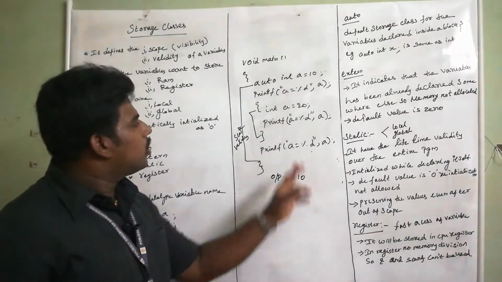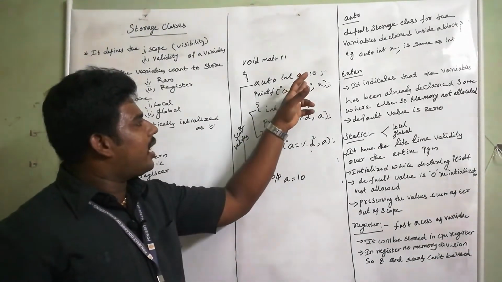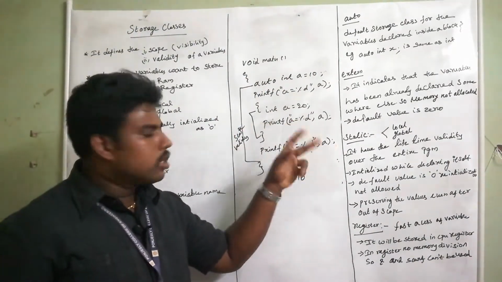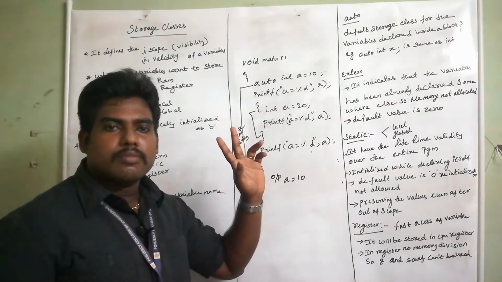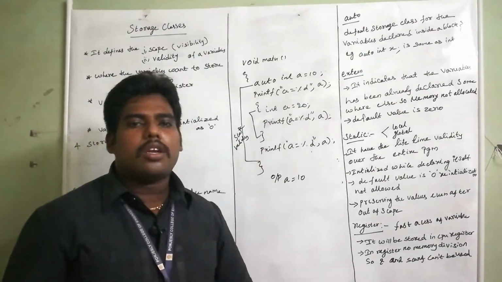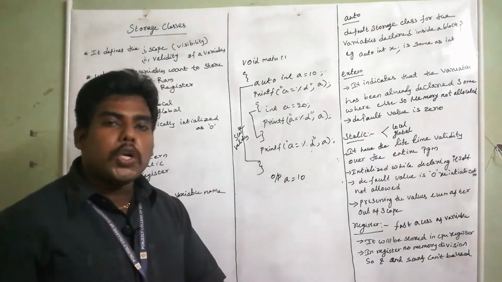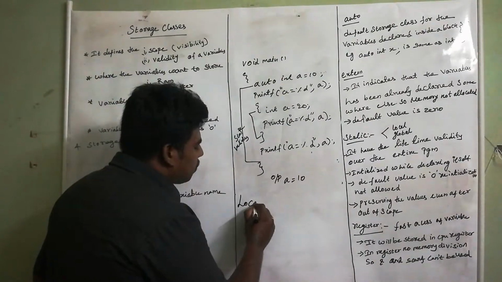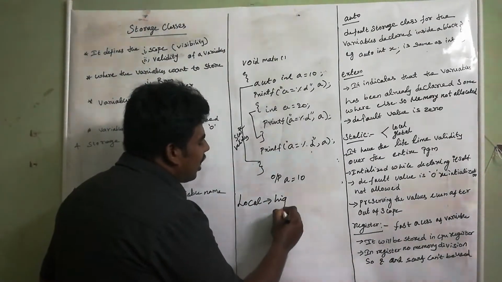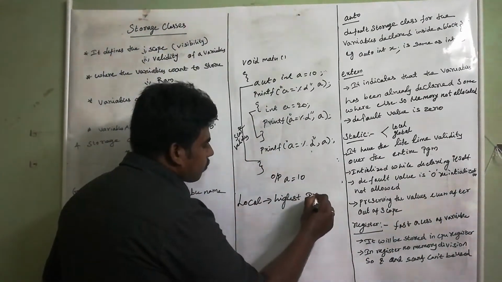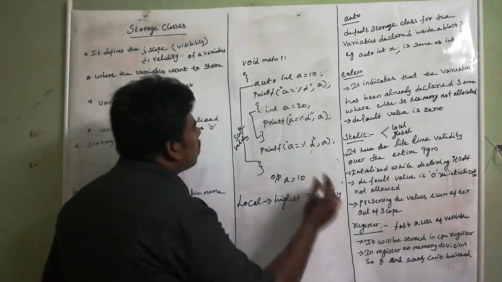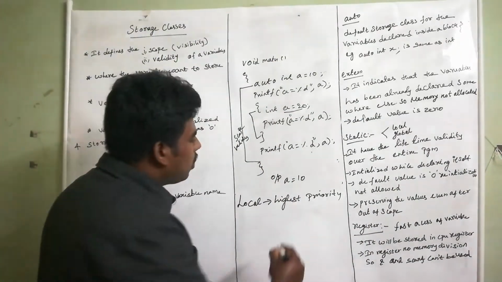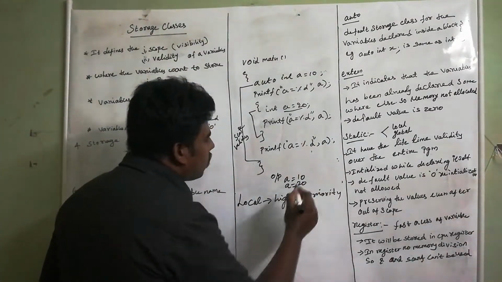Now if I print this a, whether you will get 10 or 20? The question is, both times I declared a. At first a value is 10. Now a value is 20. Here I am printing the a. Will you get the output 10 or 20? You will get 20. The reason is, local variable always has the highest priority. So in this curly brace a is 20, that has the highest priority. So here you will get the answer a equal to 20.